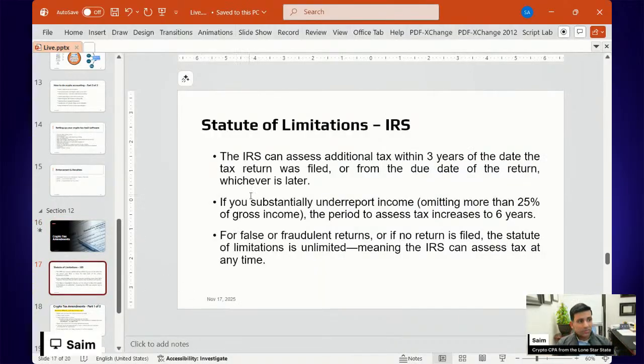The statute of limitations, we'll get to the actual form. The statute of limitations is typically 3 years from the time you file a perfectly good tax return. If it's fraudulent, or if there's underreporting or overreporting by 25%, it could be 6 years or more. Six years is typically the case. And if you don't file your taxes, then that statute of limitations never expires. Not filing, or a fraudulent return, it never expires. So the IRS can always open a prior year at any point. So make sure you report it, let that time lapse, and then you're good to go.